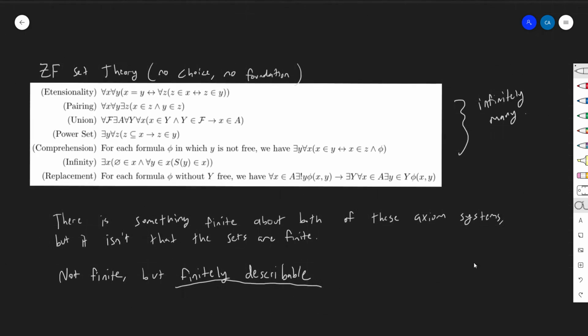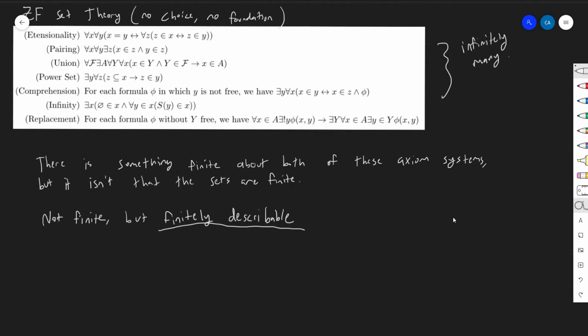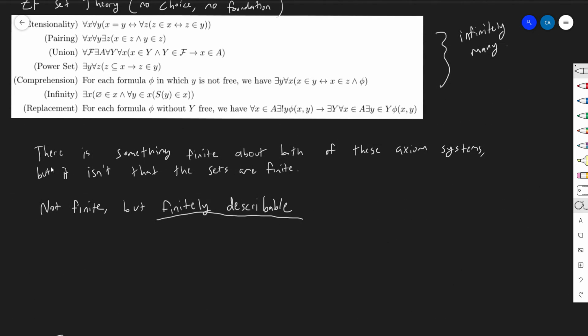And I think that makes perfect sense. I think nobody should have an issue with that. So that's the conclusion. So what axiom sets should be allowed? The finitely describable ones. The ones such that I can write down something like this on paper, wherein you could extract, if you wanted to, every single one of them, in an infinite list. There is an algorithm that makes it go forever.